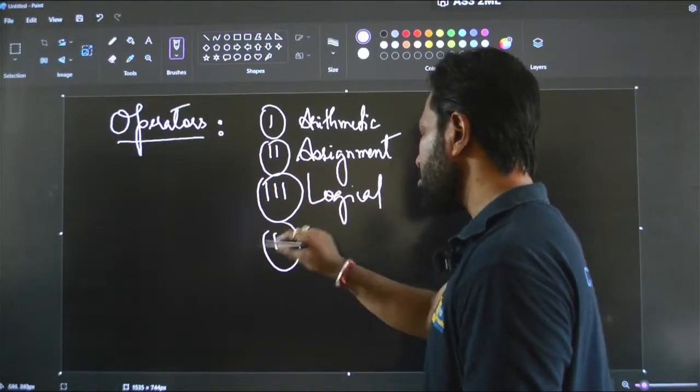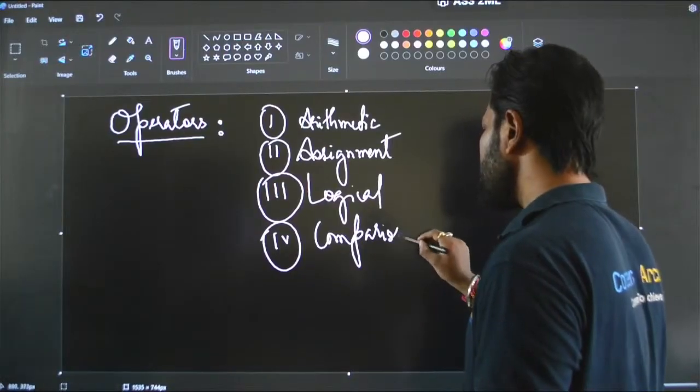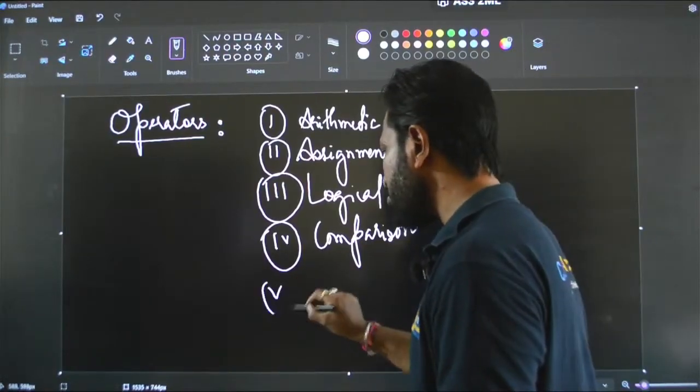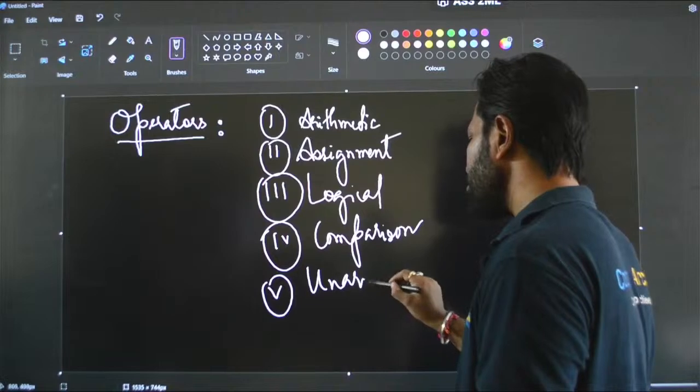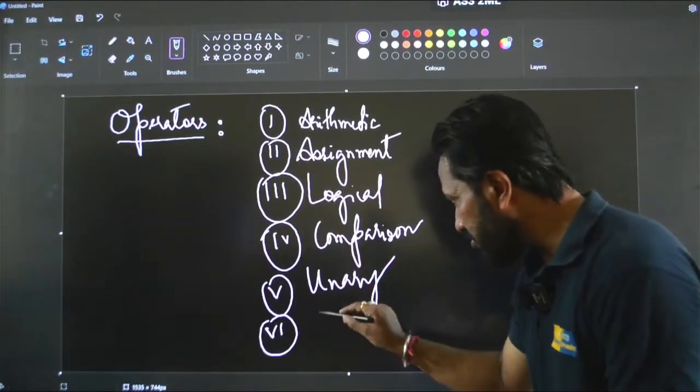The fourth one we talked about was our comparison, correct? Then we talked about the unary operators. Then number 6, the important one, was our bitwise operators,